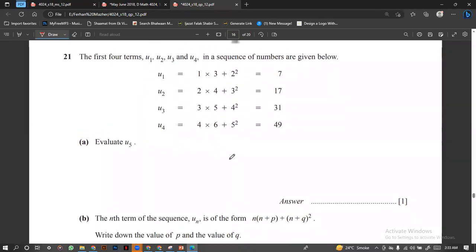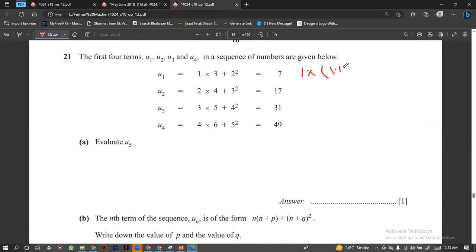Okay, so we are going to the next question, question 21. Here we have the first 4 terms, U1, U2, U3, and U4, in a sequence of numbers given below. Find the 5th term. Here you see, this is 1 multiplied by 3 plus 2 squared. So this is basically 1 multiplied by